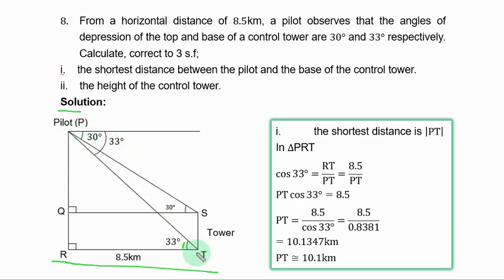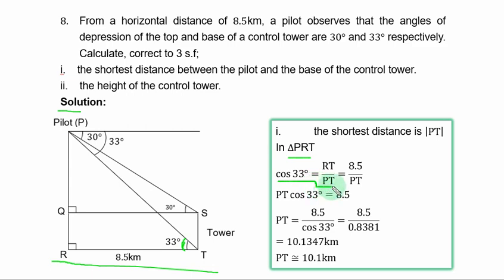To get PT, we have to consider triangle PRT. Looking at this angle, the distance here is 8.5. Then looking at this angle now, this is opposite. You have adjacent and hypotenuse. We are interested in hypotenuse. It must be cosine. So cos 33 degrees equals